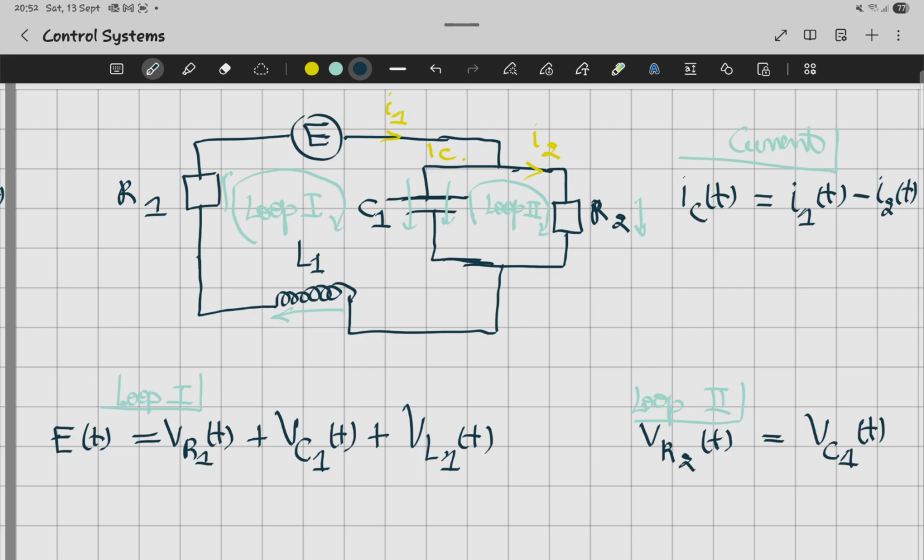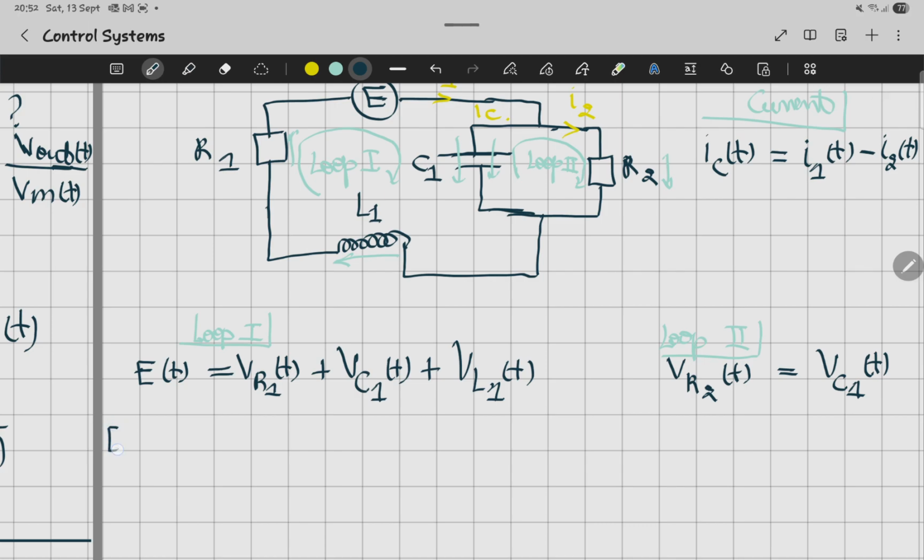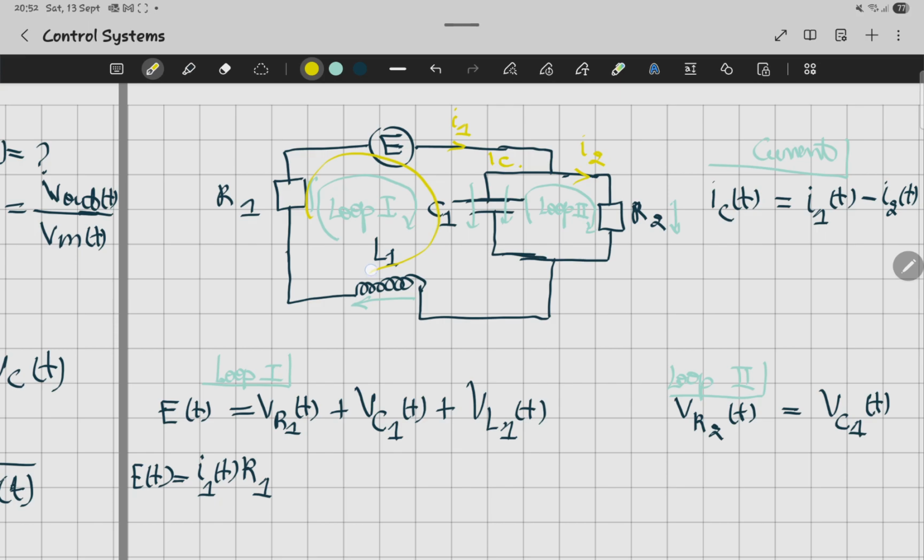So this is what I was trying to give you, and if you want, I'm going to give you the time domain equation of this. It's going to be E of T, and we know that VR is going to be I1 of T times R1. Since we're working with loop 1, everything you see inside here is I1, and this side is IC, and this side is I2. So that's what you see there. I'm trying to give you an idea, but when you see loop 1, this is what you're going to write there. So it's going to be this equation here, plus VC, which we know is 1 over C integral from 0 to T of I1 of T dt,